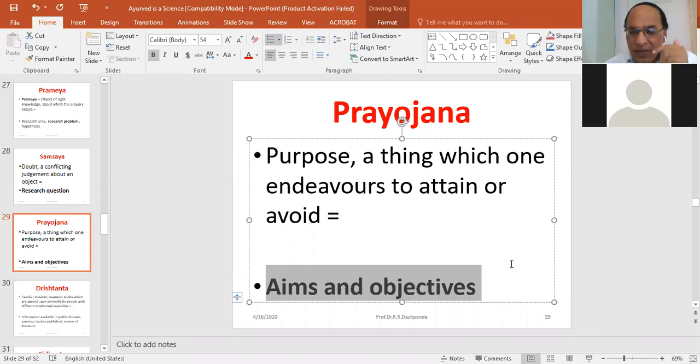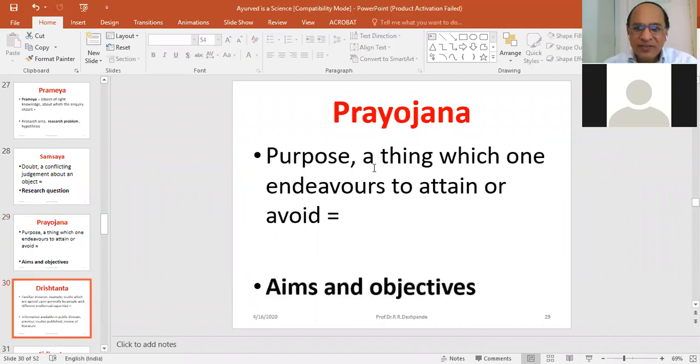For example, if I want to see the efficacy of Amrutadi Gugulu in rheumatoid arthritis, what will be my first step? To diagnose the rheumatoid arthritis cases and, as per the inclusion criteria, take them into my research. And then give that Amrutadi Gugulu to them in a specific dose, for a specific number of days. That is my second objective. But finally, my target is whether my drug is clinically efficient in rheumatoid arthritis. Amrutadi Gugulu, Amruta is Guduchi or Gulvel. Next,